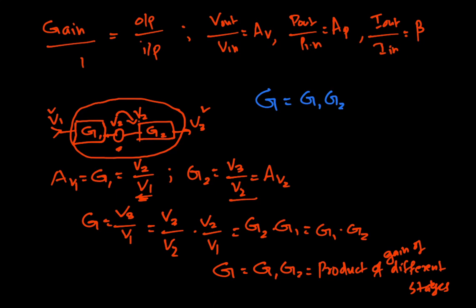If G1, G2, G3, etc. are the gains of the different stages of a transistor amplifier, then the total gain of the multi-stage amplifier will be equal to G1 into G2 into G3 into etc. And this is the theoretical answer, but usually in practice this G will be less than the product of G1, G2, G3 etc. because of the loading effect of one stage on the succeeding stage.